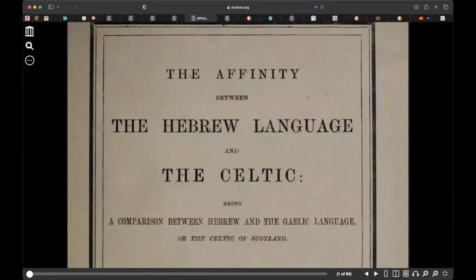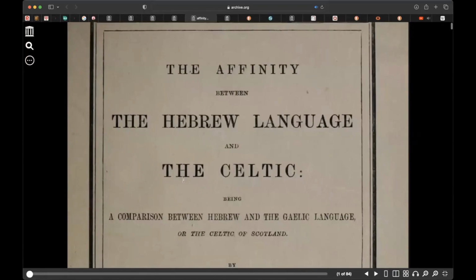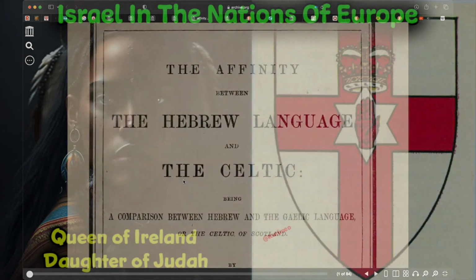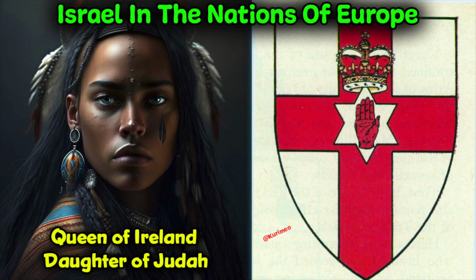Look, there's books talking about this. They never told us this stuff. They just want us to think pagan, pagan, pagan. But they're hiding the truth about the mother tongue. Where are these people coming from? Canaan, ancient America. What is the connection with the British Isles and the Americas? We've already had so many videos talking about this in different ways. You know, who were the ancient navigators? Who are the so-called Phoenicians? Who are the Danites? Who got kicked out of Canaan by Joshua? It's a lot of connections here. Of course, the Celtic is Hebrew. We got a bunch of Israelites and Hebrews, or so-called Phoenicians, settling these isles.